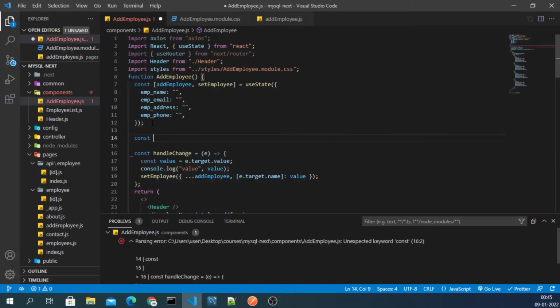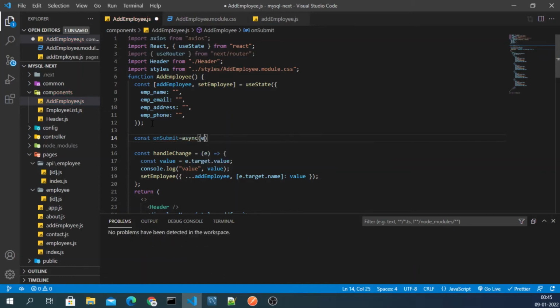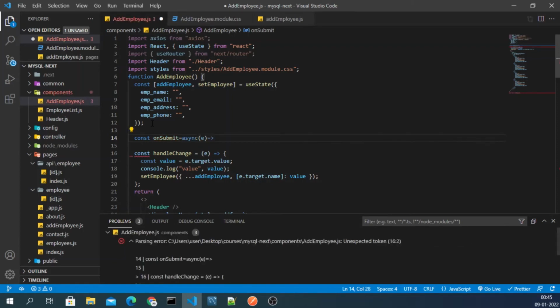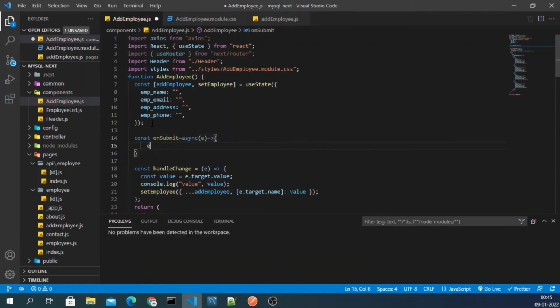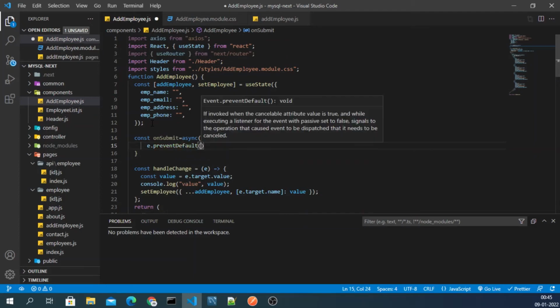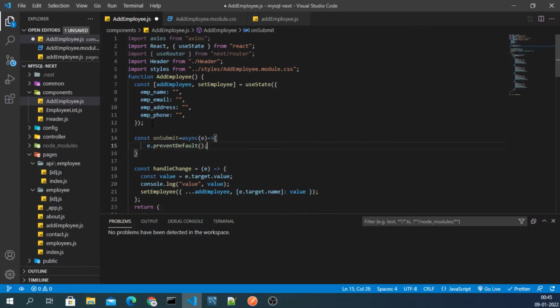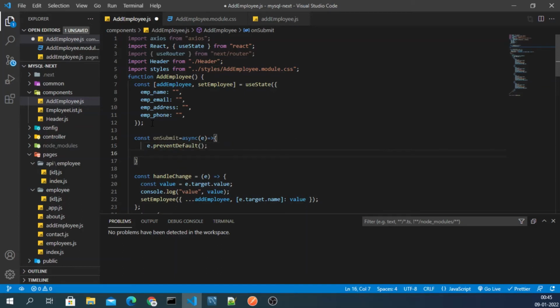We will simply write on submit, an async function, and it will take the event. Firstly, we will stop the browser from reloading, and then after that we will use Axios.